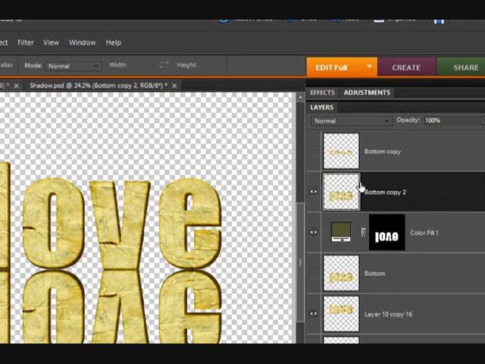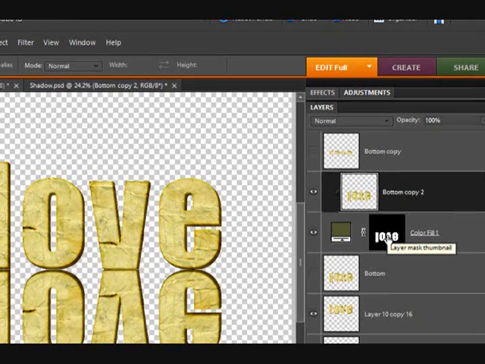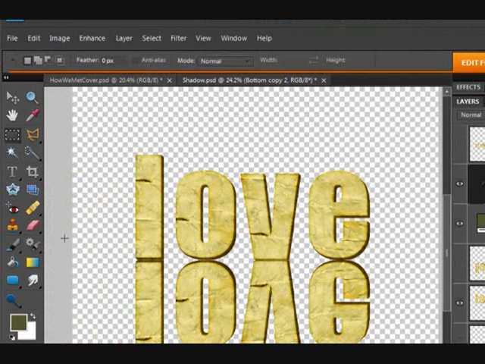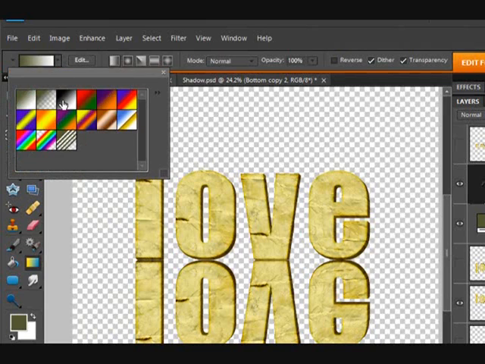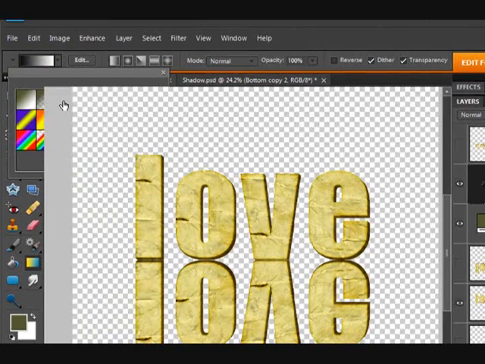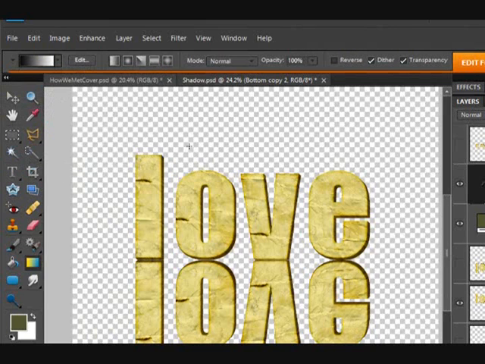And then on the top one, I'm going to press Control G to group them. Now we have our fake layer mask set up, and what we're going to do is get the gradient. We're going to choose linear, and we're going to choose black to white, and I may have to play with this to remember